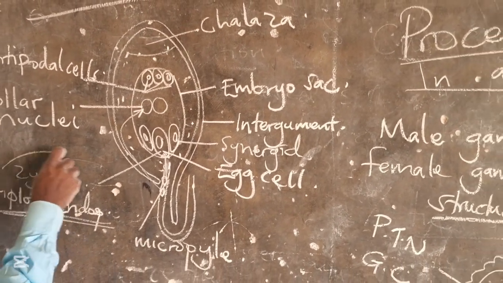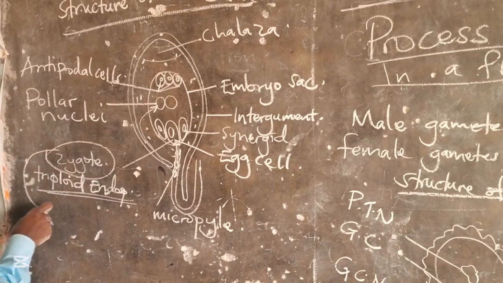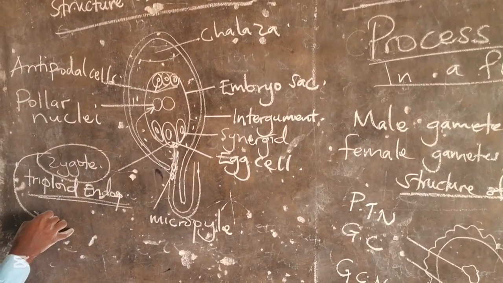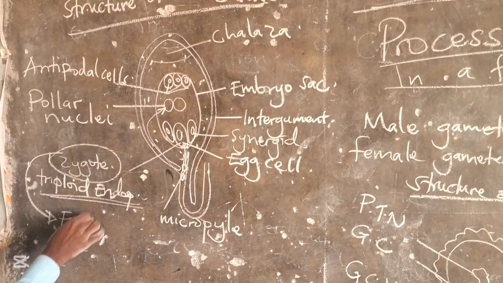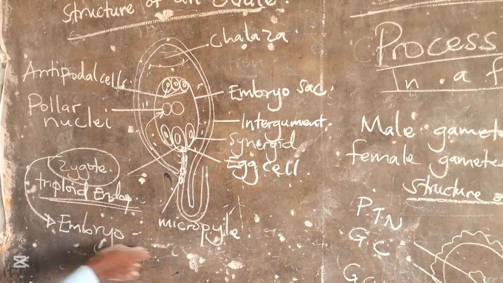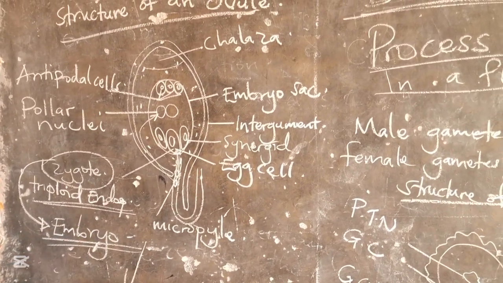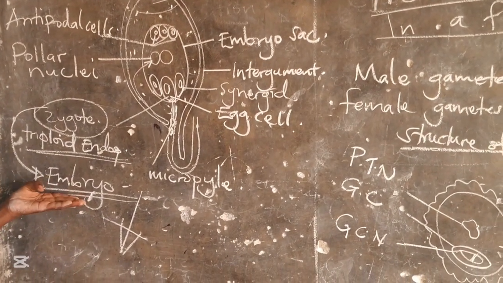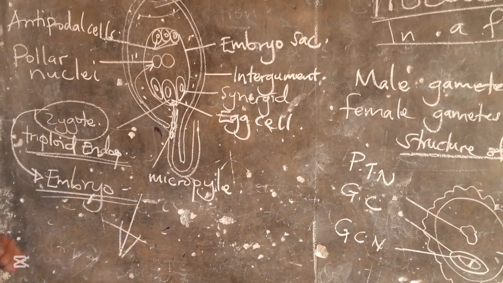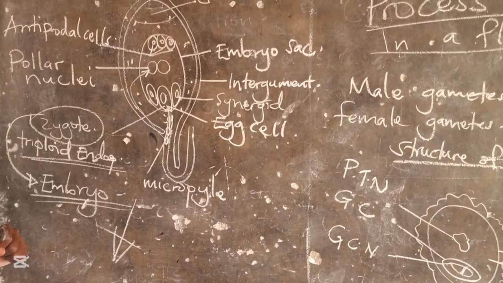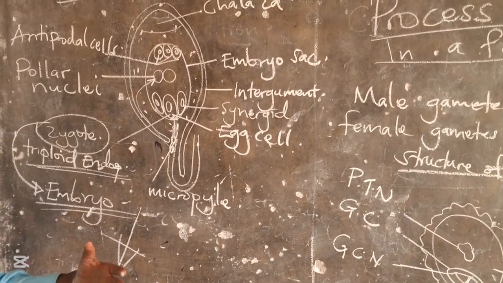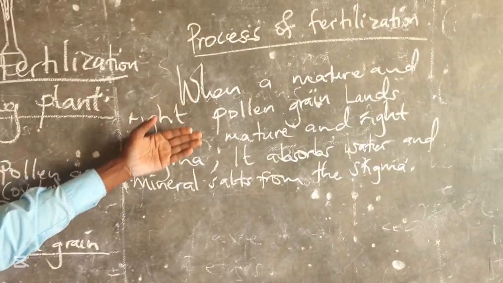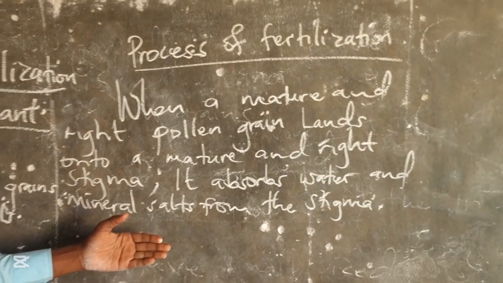As development goes on, the zygote undergoes repeated divisions until it becomes an embryo, which is made up of the plumule and the radicle, which during the process of germination becomes a seedling. As simple as that. We've said once a mature and ripe pollen grain lands onto a ripe and mature stigma,